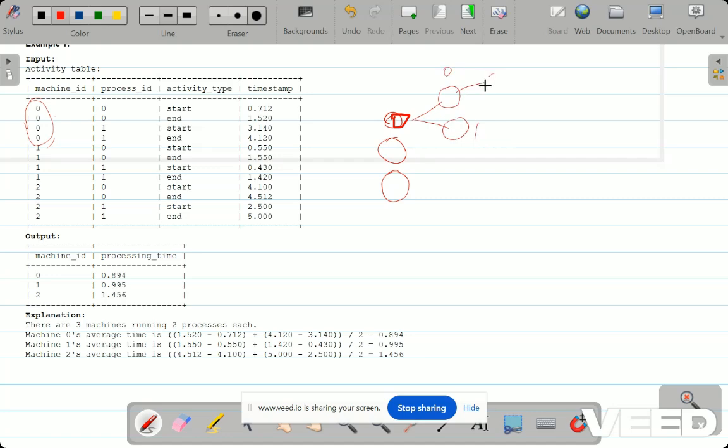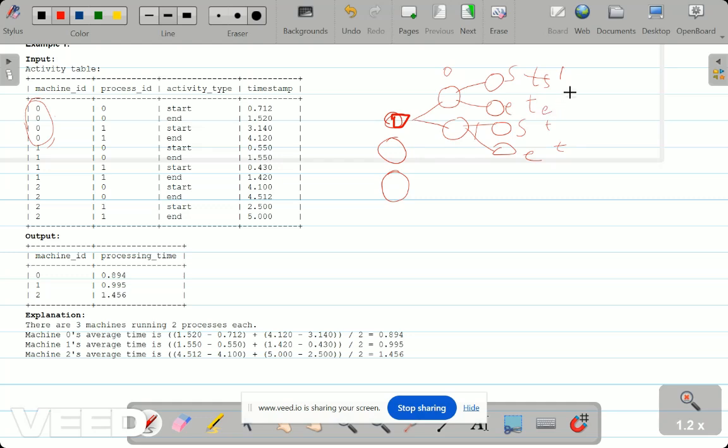For 0, we'll have some start and some end, and again some start and some end. So this is start, this is end, this is start, this is end. Consider the start timestamp should be greater than the end timestamp.